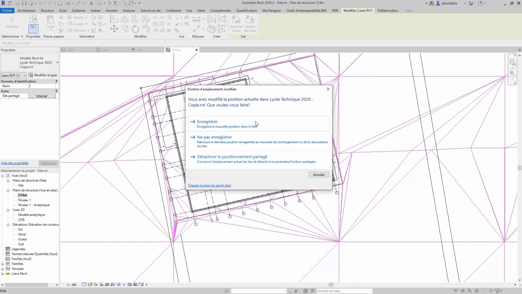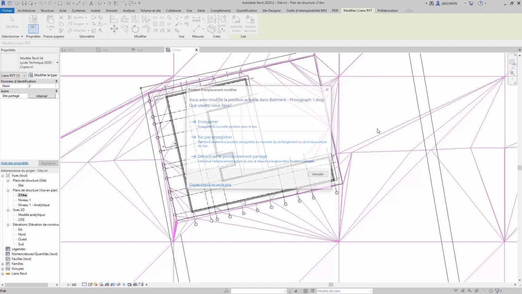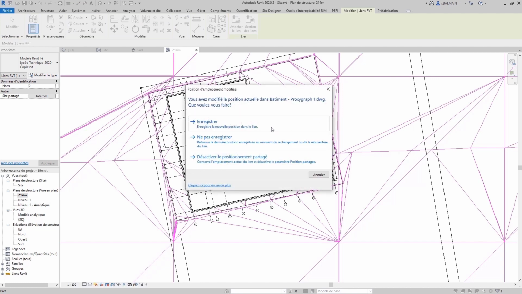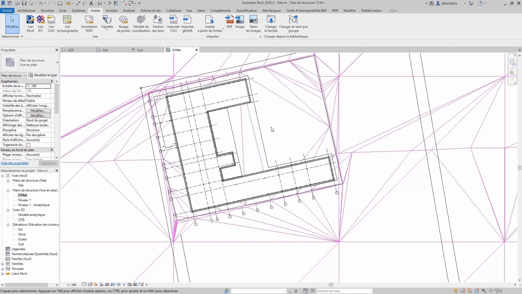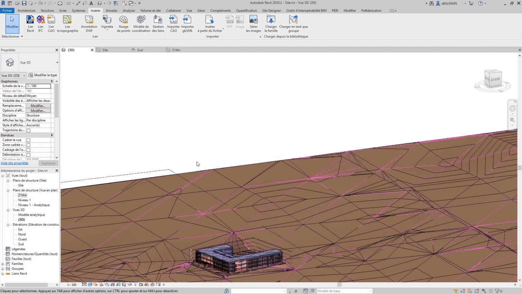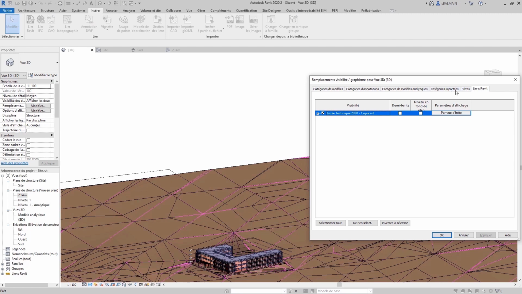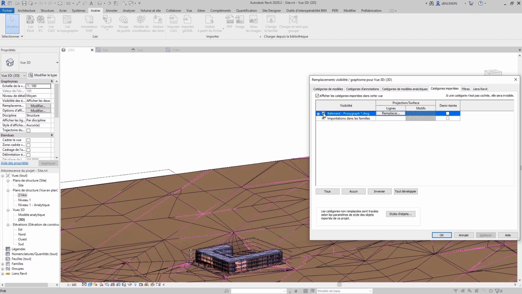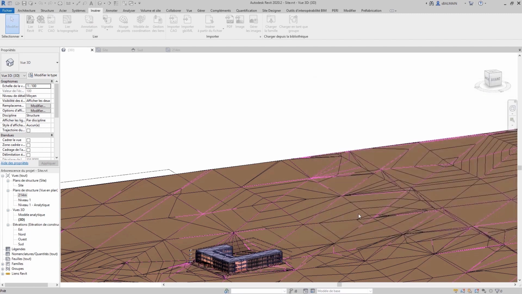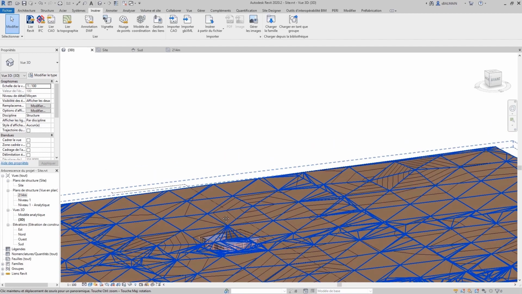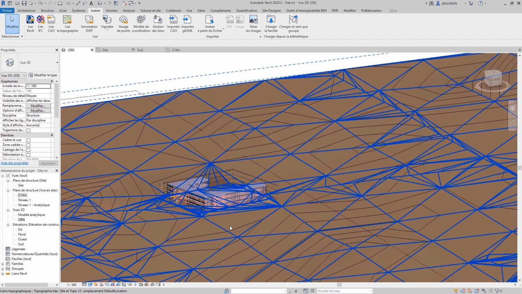And of course, after I will save all my elements. So here, now you can see the building, and of course now we don't need the DWG link anymore. So I will remove the DWG to keep only Revit elements.